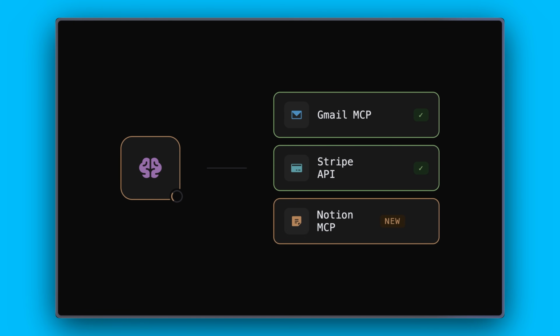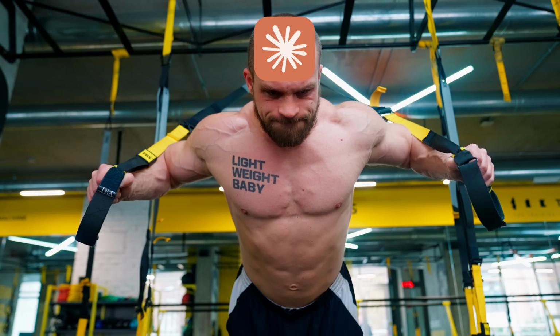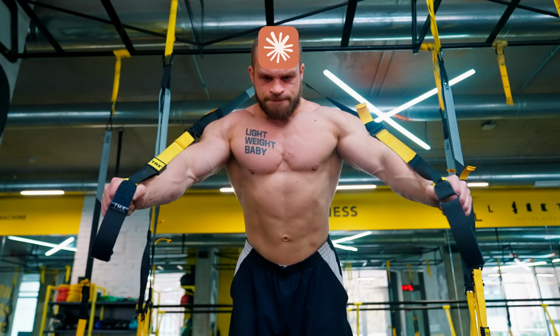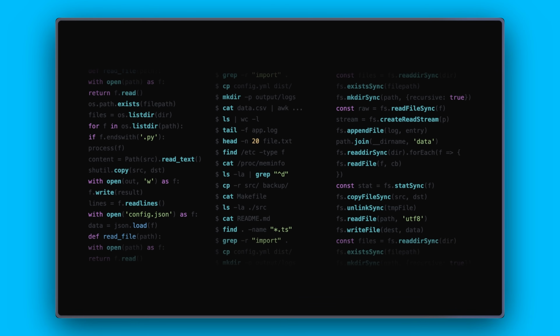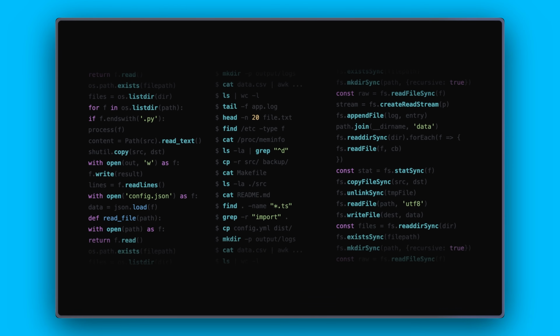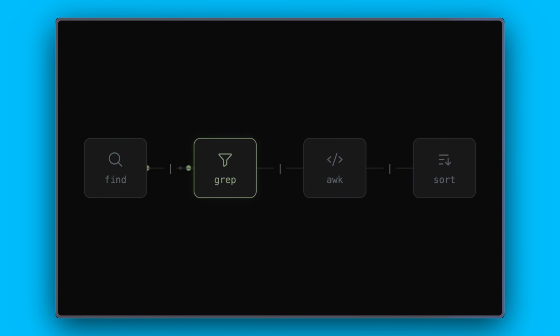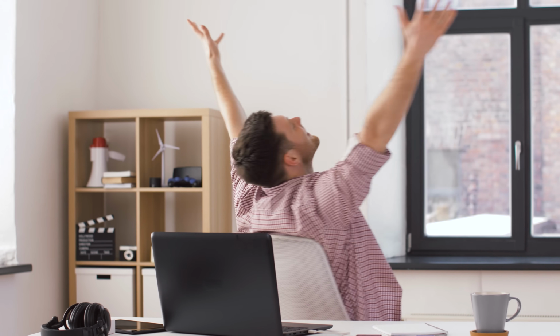A file system doesn't have that problem because it's the one interface every LLM has already learned thoroughly during repetitive training. Basic file commands have been used billions of times in the code the model trained on. Unix has been refining this for 50 years, and it's why file systems are the one abstraction that lets an AI agent work across multiple services without repeatedly forgetting its life's purpose.